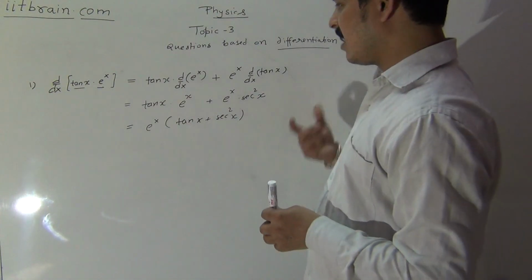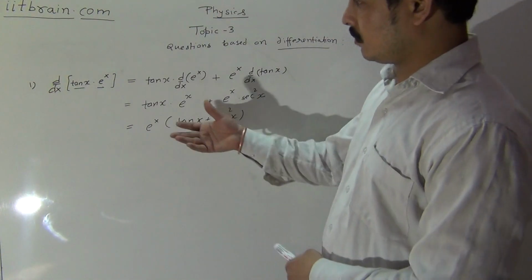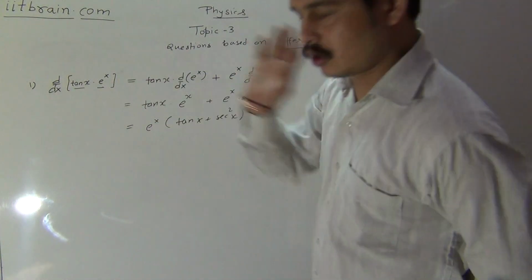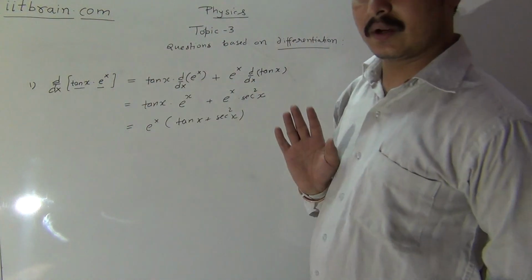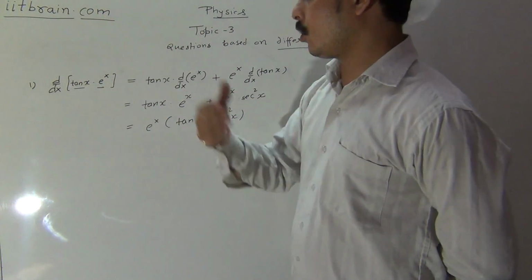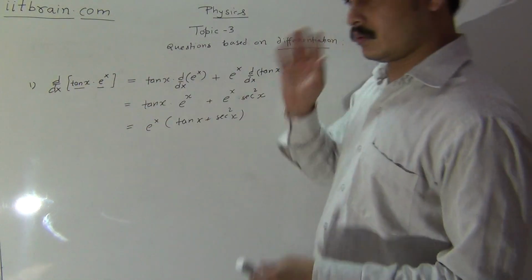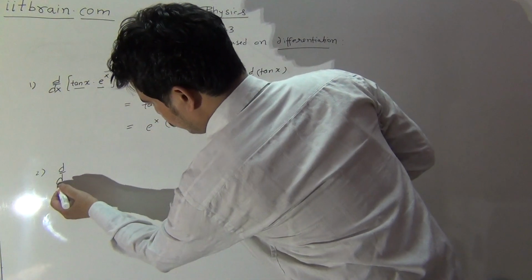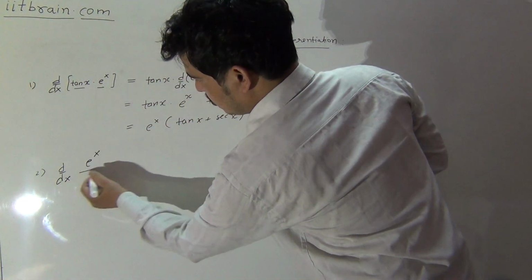Then it is a need to have knowledge about operations also. So we know about the differentiation of tan x, we know about e to the power x. So by using the knowledge of the differentiation of these two, we can obtain the differentiation of the product of these two. In the same manner, if you have to find d upon dx of e to the power x upon sin x,